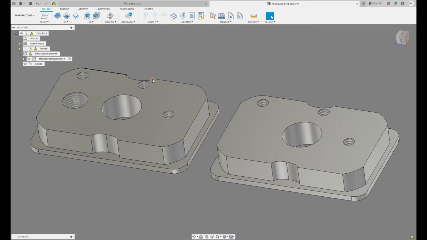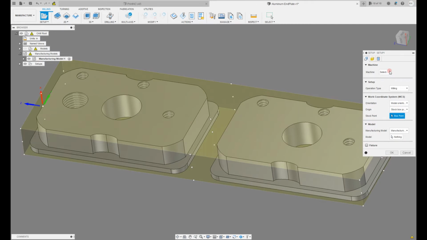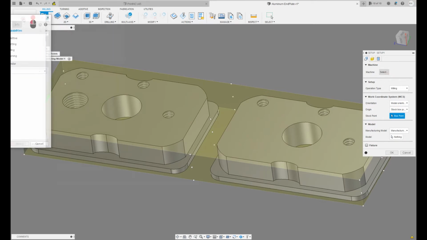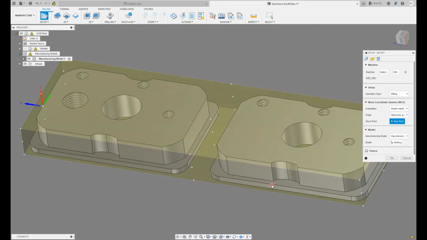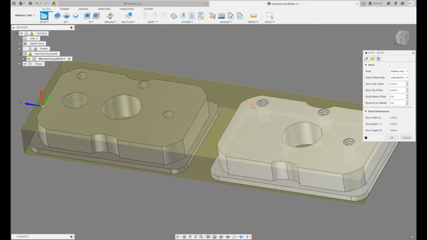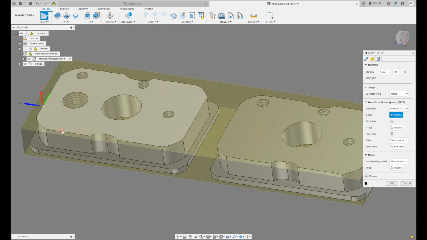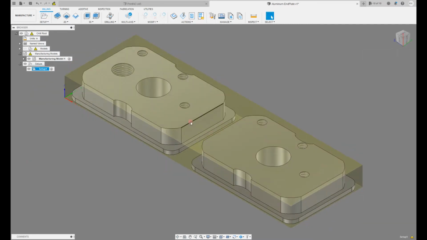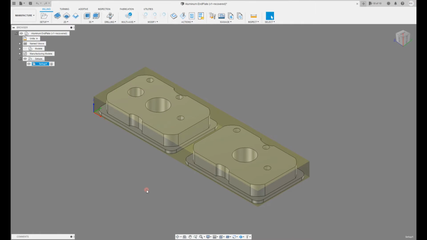But when I go back into my manufacturing workspace, before I can start generating any toolpaths for my CAM, I need to get my setup created. So in there, again, in the setup dropdown, I'm going to do a new setup. All right, so now that I have my CAM setup created, I'm going to jump into a few of the